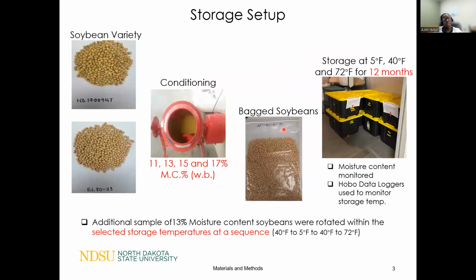So to be able to evaluate the allowable storage time, what we did was to obtain soybeans from two different suppliers. We have ND1709 GT and EL8023. They were obtained at their harvest moisture of about 9%, and then we conditioned them in this green mixer to form moisture content of 11, 13, 15, and 17%, which is typical of the moisture content at which farmers will store their soybeans. We put them in these plastic bags to retain the moisture, and we put them in this